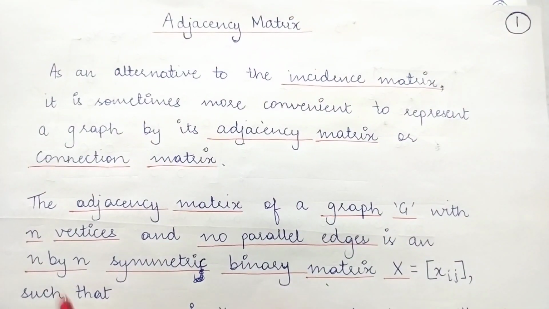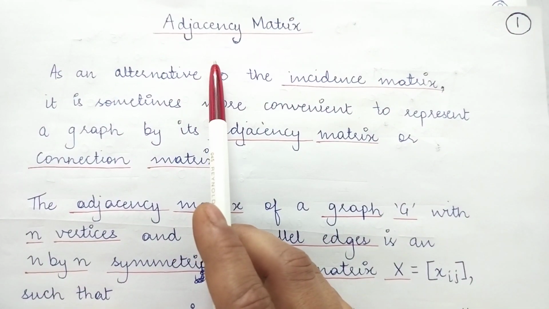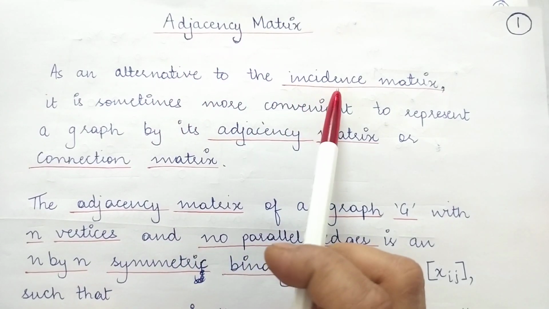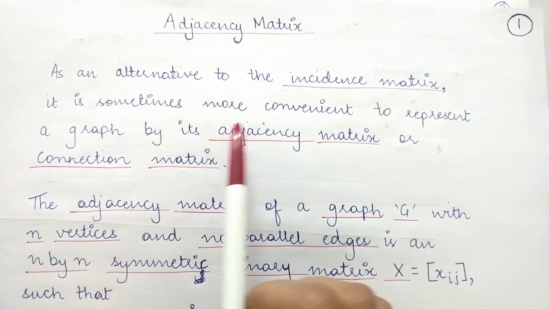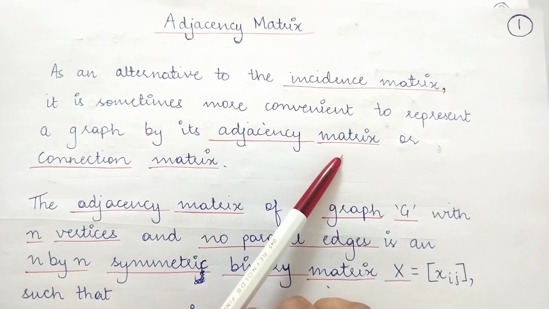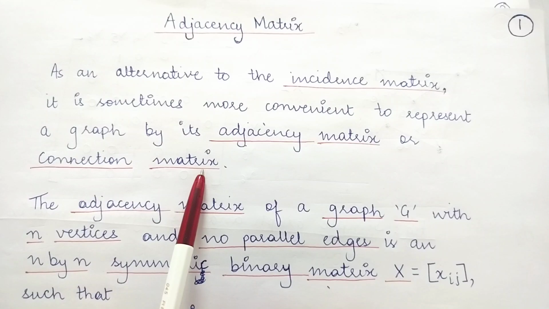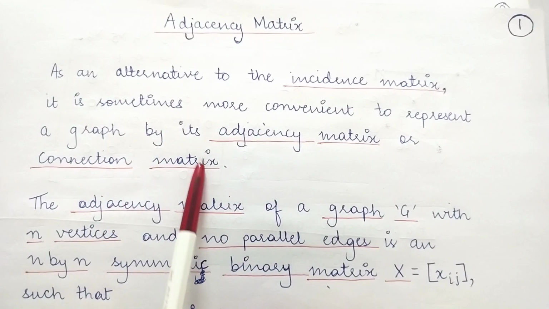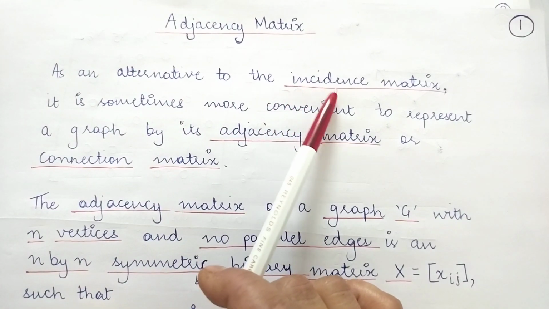Hi everyone, today we are going to study adjacency matrix. Now as an alternative to the incidence matrix, it is sometimes more convenient to represent the graph by its adjacency matrix or the connection matrix. So the other name for an adjacency matrix is a connection matrix, and it is used as an alternative to